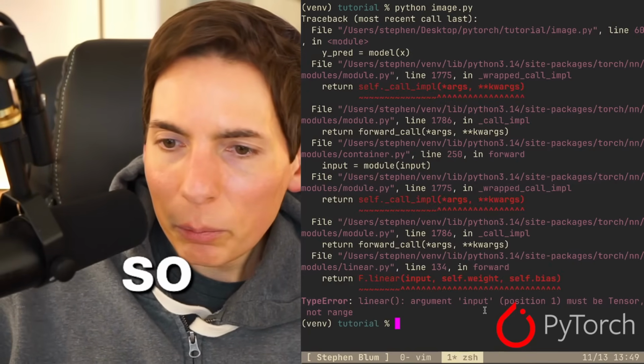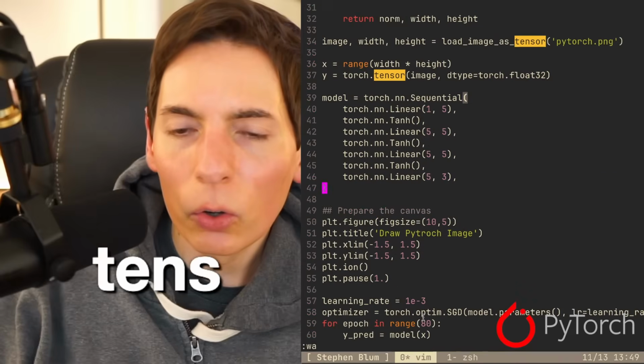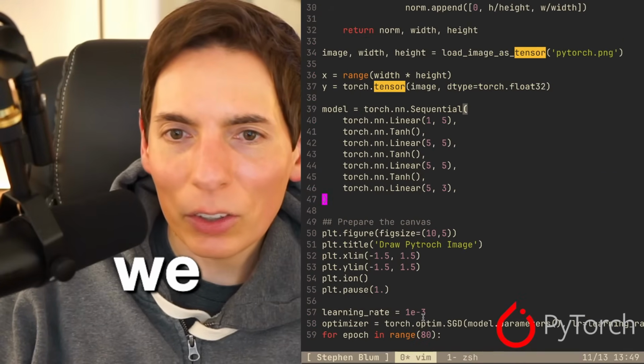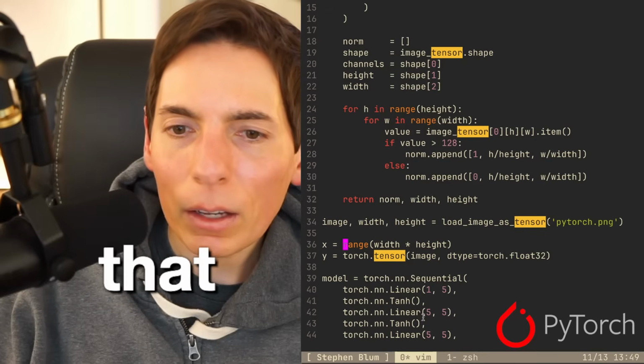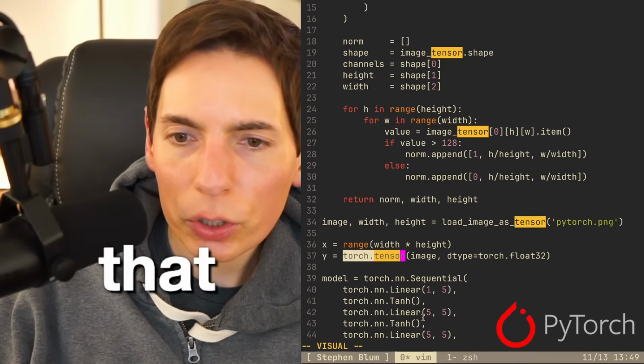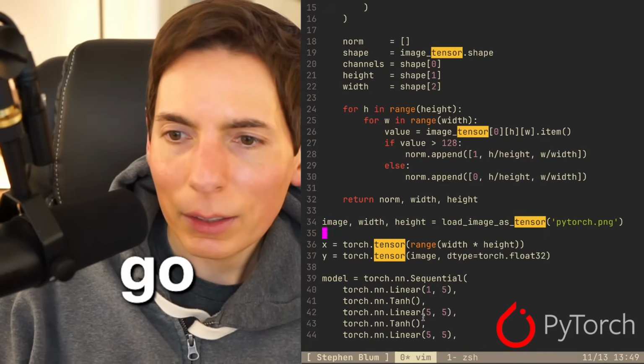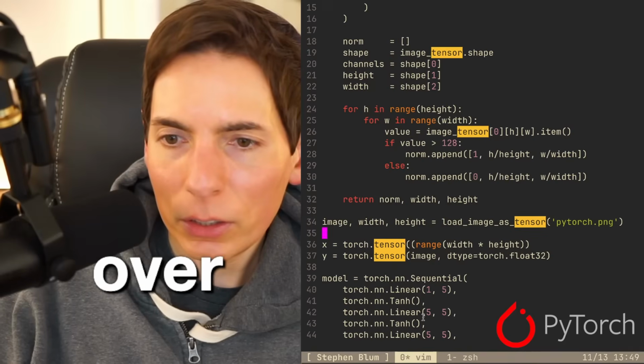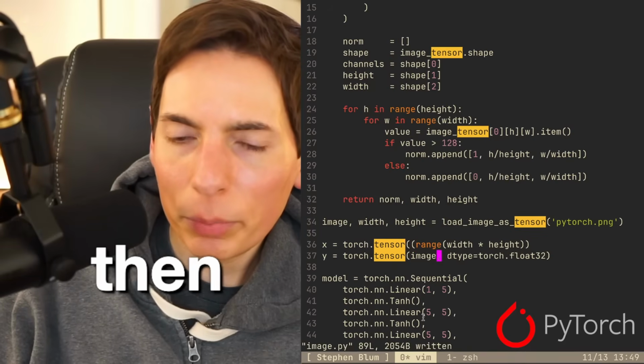Okay, so input position 1 must be a tensor. Oh, got it. We know how to fix that. Torch tensor, there we go. Like that. Bop that over here. And then this will be a,